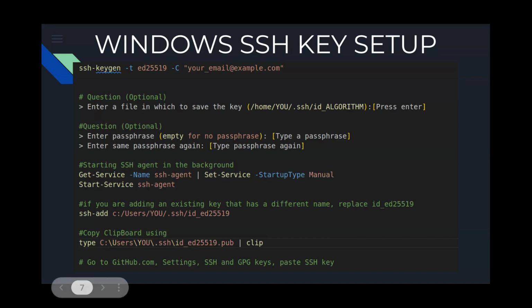And then down here is actually going to be the next command that you enter. And again, this is going to be Windows specific here. I believe up until now, Linux is the exact same, but this specific part of Windows is a little bit weird. You want to use the Get-Service command here, capital G, capital S, -Name, and you're naming that ssh-agent. And you're piping that into Set-Service, and you're starting it up manually. So this is just so you can start up the SSH agent and add your key to it.